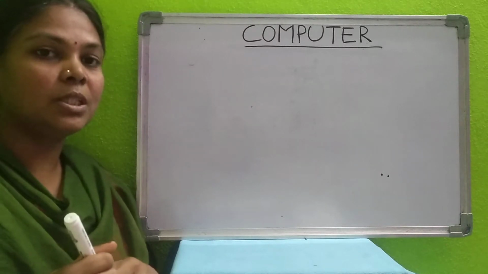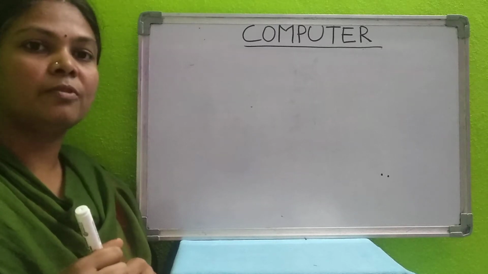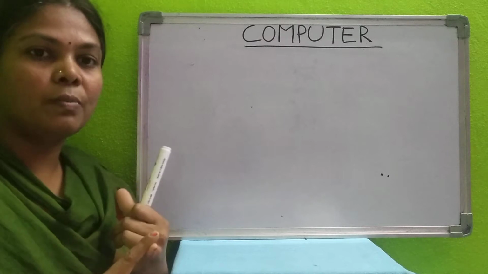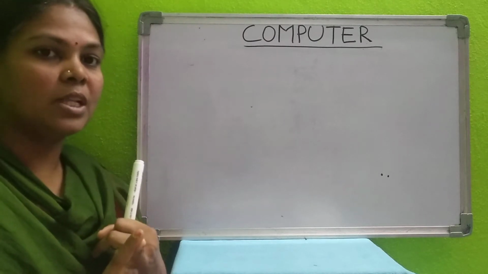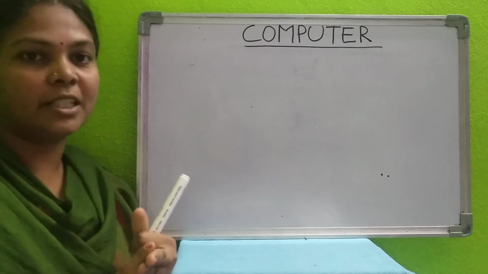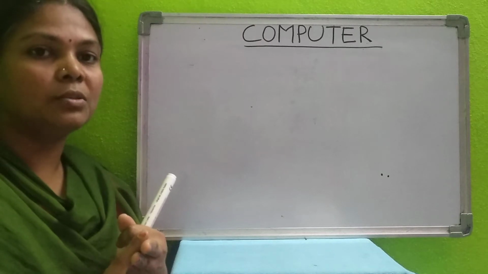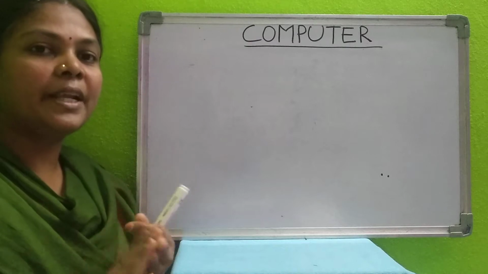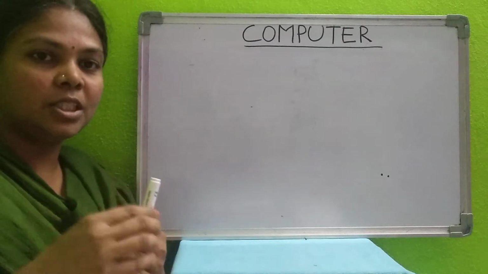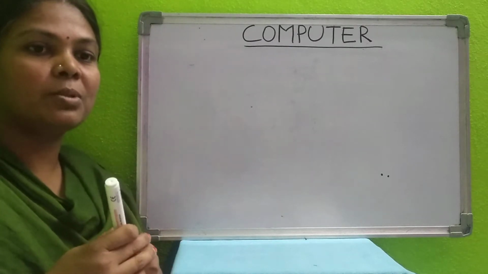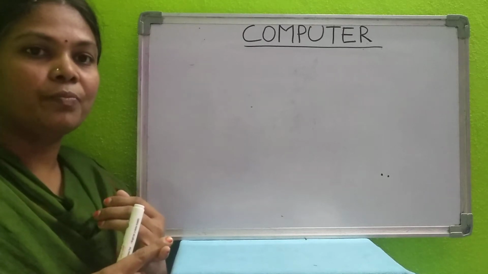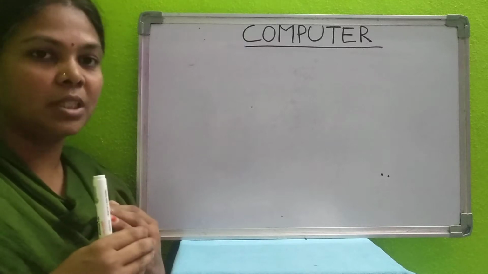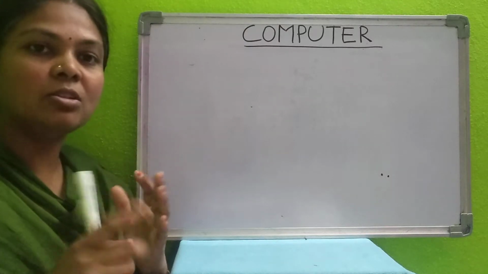Whenever you search on the internet, you know from third class onwards we are learning what the web browsers are. So Google Chrome, Mozilla Firefox and Internet Explorer. These are the web browsers in which you can search for information. These redirect your search to the search engine. Suppose if you click on Google Chrome, it redirects you to the Google page, and there if you want to search any information, you have to write it there.